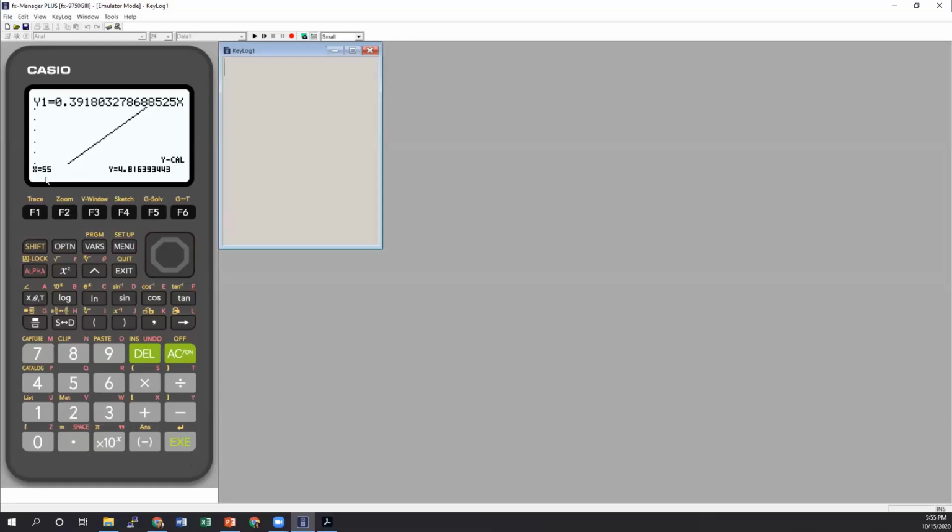You'll see 55, they'll give you the answer for 55 inches, but it's not on the screen. So the range doesn't affect anything, it's your domain. As long as what you're searching for is within that domain of your window, you'll be able to get an answer. So that's something good to keep in mind. But as you can see, it's very easy to change your view window.